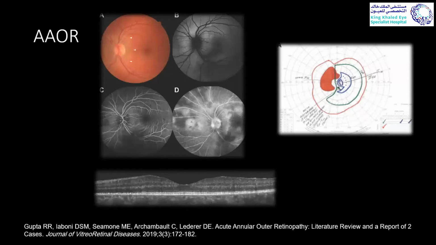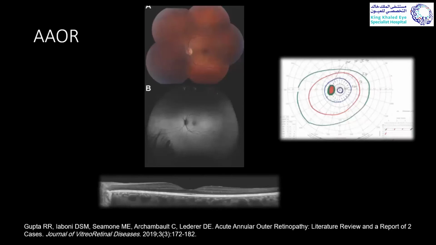This is another patient with acute annular outer retinopathy, also presenting with a circle surrounding the optic disc. The difference here is you can see this circle is very well demarcated. However, in a very few patients, this circle can extend beyond the arcades and give an AZOOR-like picture. Because this disease is very rare, we don't really know the natural history, but we know that sometimes it can give RPE mottling and a lot of changes in the retina.